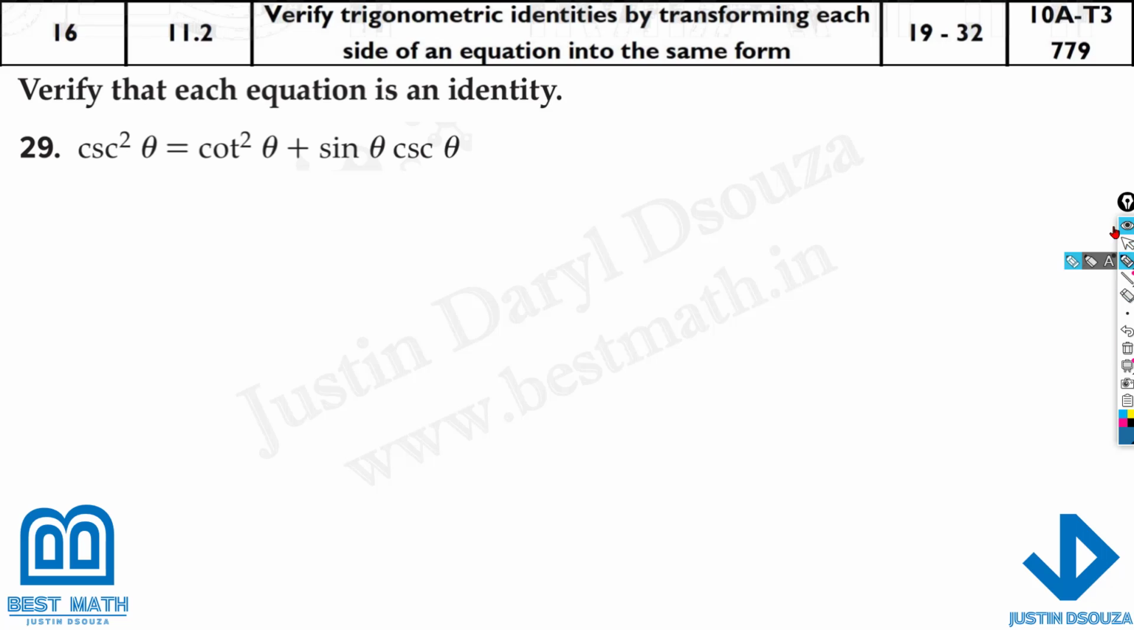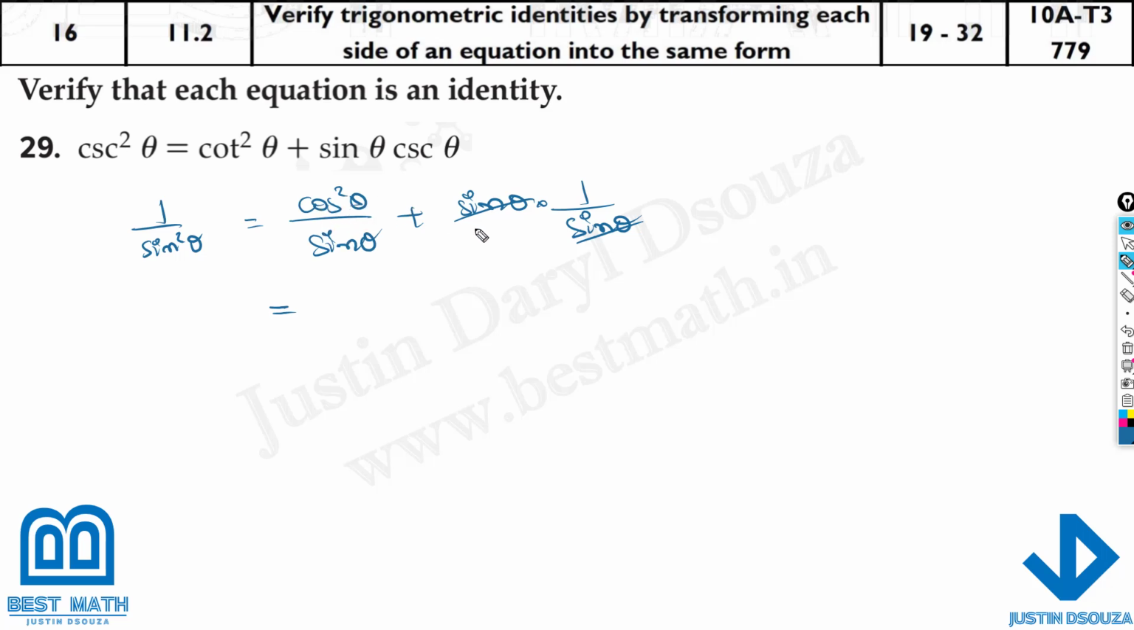And here we have the next problem. Again, cosecant square theta. Cosecant is 1 by sine. Now square is there, so 1 by sine squared theta. That is equal to, what is cotangent? It is cos square theta by sine square theta plus sine theta multiplied by 1 by sine theta itself. So here I can just cancel this off, right? Sine and sine cancel off. So here what do we have is